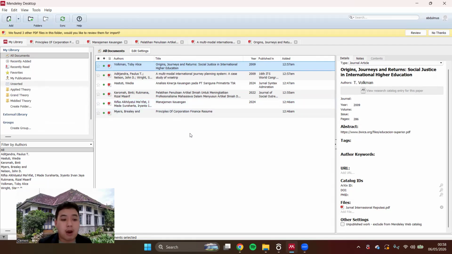Okay, now all three of our journals are ready in the library. Now that the journals are all set, let's move on to the next file.